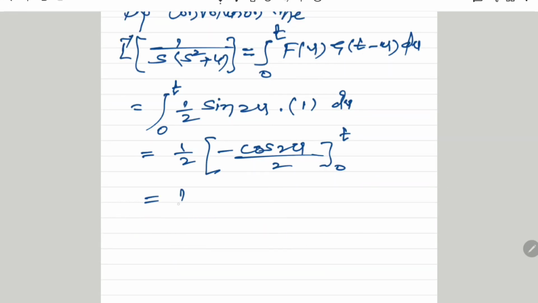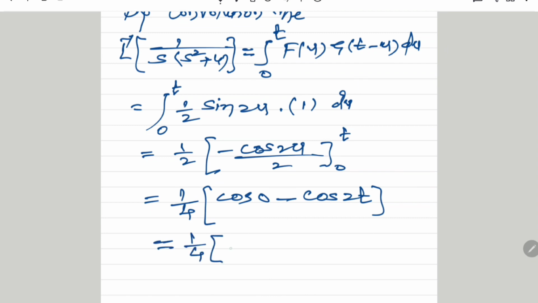1 by 4, minus sign we change by changing the limit, 0 becomes upper, t becomes lower, therefore cos of 0 minus cos of 2t. Therefore, answer is 1 by 4 times cos 0 is 1 minus cos of 2t as f of t